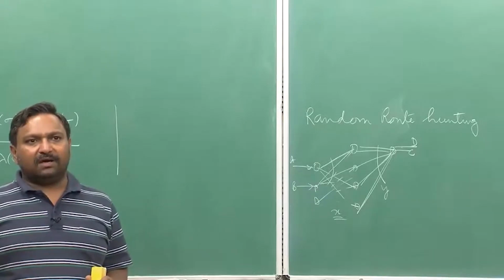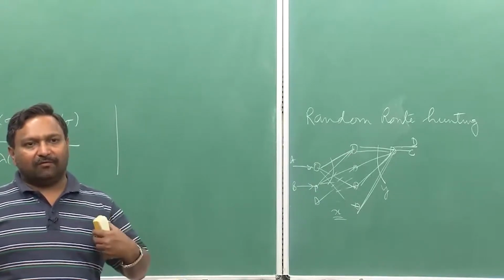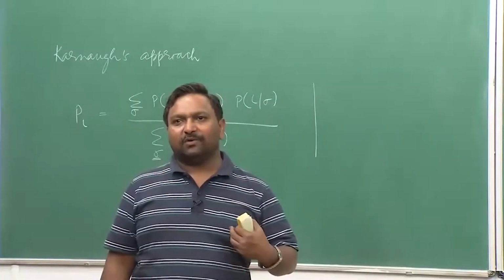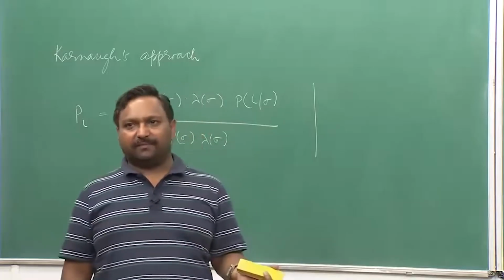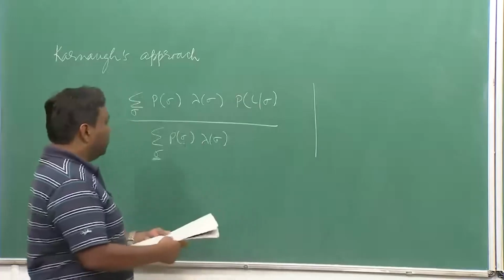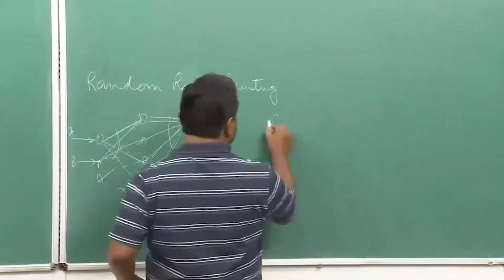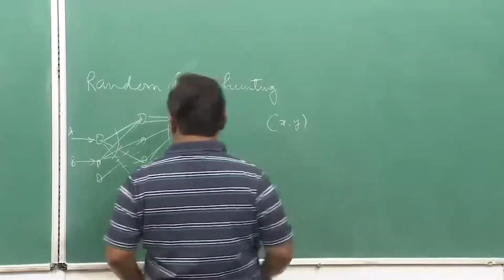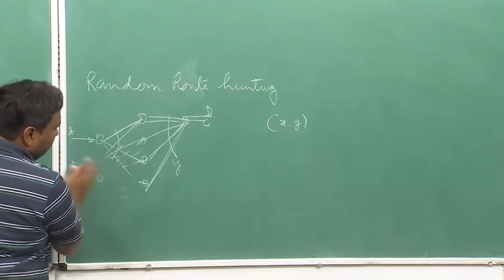I am also making an assumption that a uniform kind of routing is being used. So when somebody wants to make a call, they will call anybody else with equally likely probability. So it is a uniform loading condition. Under that condition, the sigma can very well be represented by a pair xy, and I need not bother about anything else except one pair,